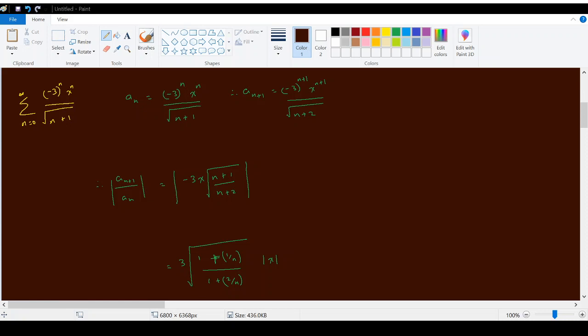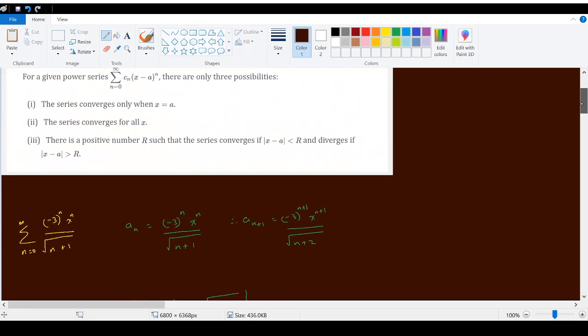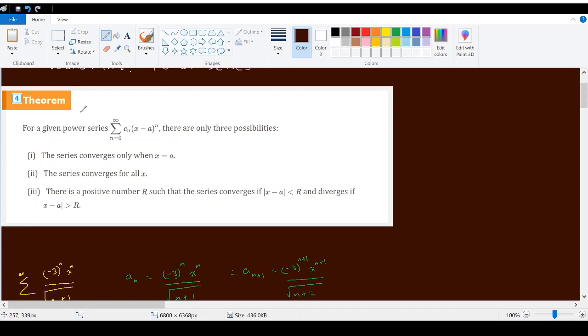Let's try to find the radius of convergence of this power series. Now with this format you can see that it is a power series, and from the theorem that we discussed before we know that this power series should also fall under one out of these three categories, right? So now to find the radius of convergence,